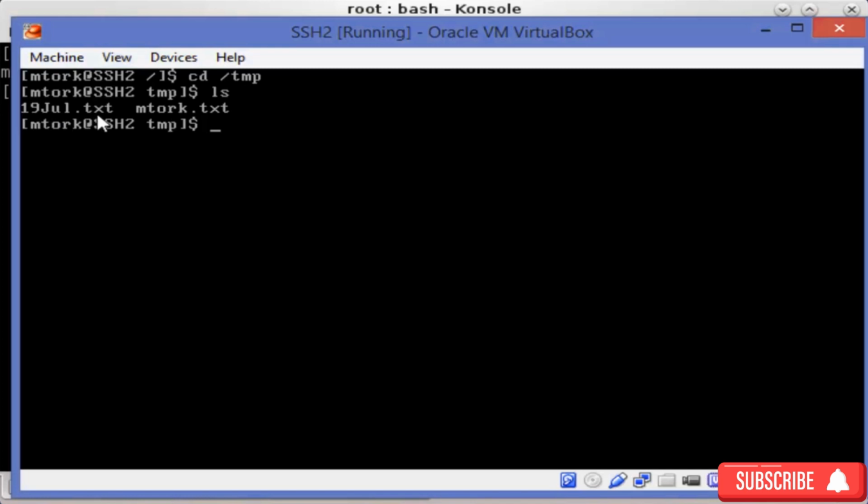19joule.txt has been created successfully on the remote machine, which is SSH2. And by that we have seen how to execute a command on a remote host without logging in to the